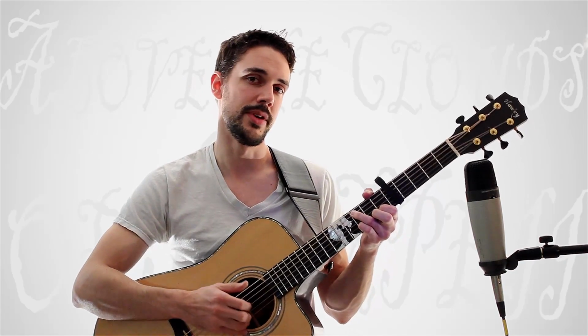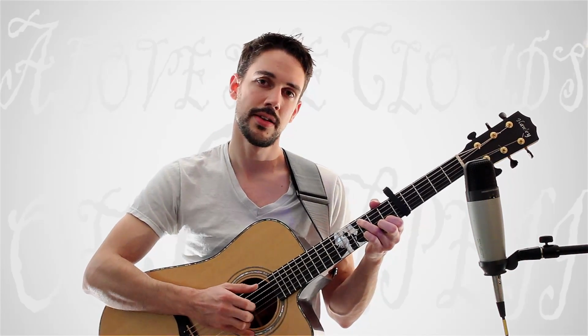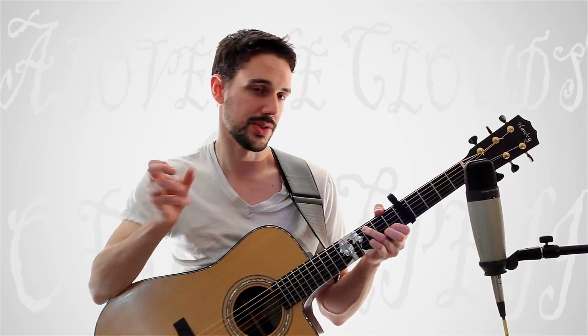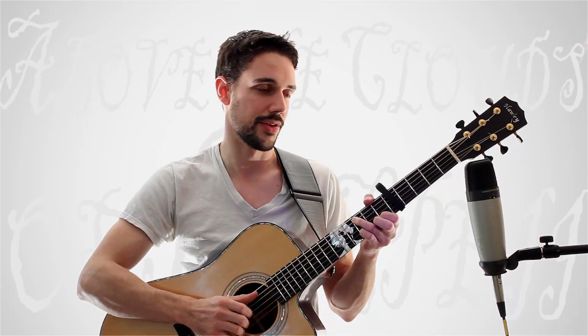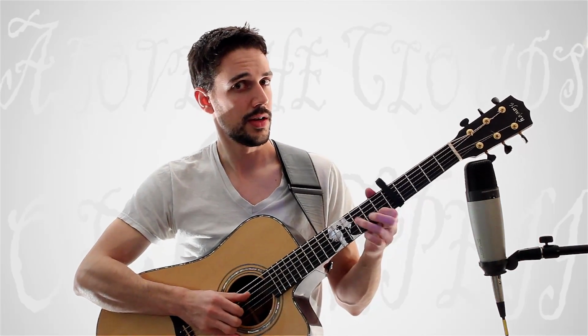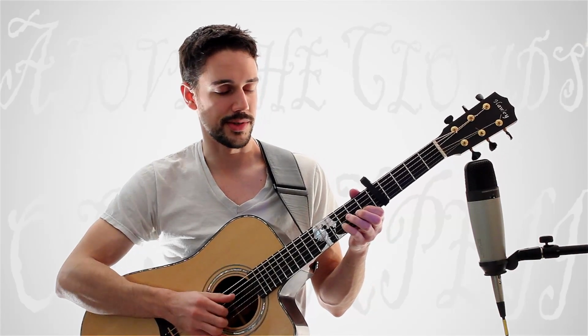Right, so the next note is going to be your ring finger on the open E string. And then you can do thumb again. Right, so this is sort of like a middle chunk. Again, it's just ring finger, thumb. And then you're going to do this bit. You're going to do that with the bass notes. So it'll be...